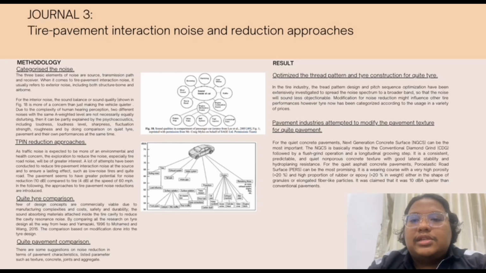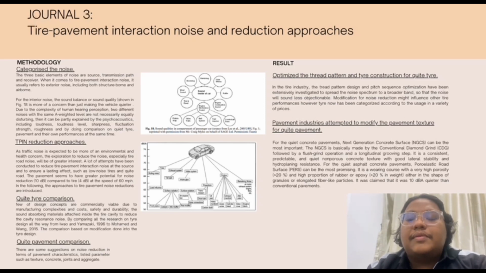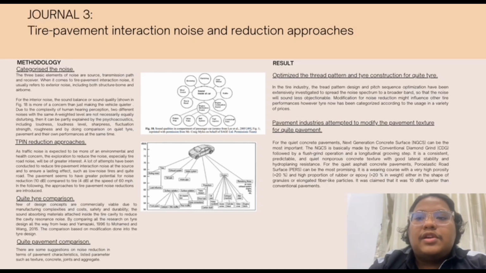As you can see in the picture, there is the main sound from the vehicle. The main noise from the vehicle, the loudest, totals up to 70 dBA. As you can see in this figure, the tire is the second most important source of noise from the vehicle. For the results,